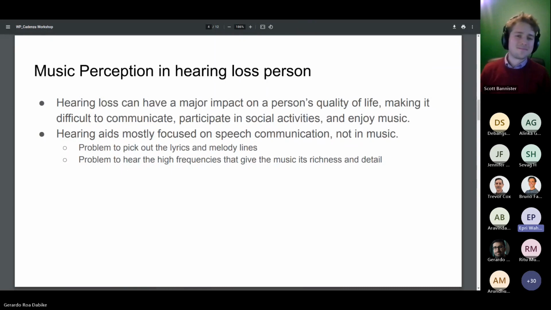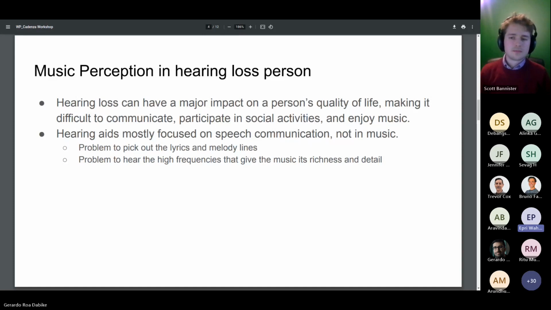So in the Cadenza challenge, we want to enhance the music perception for people having hearing loss, because it affects their quality of life, how they communicate, and also their social activity.